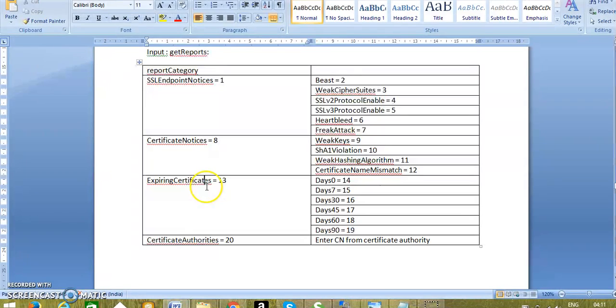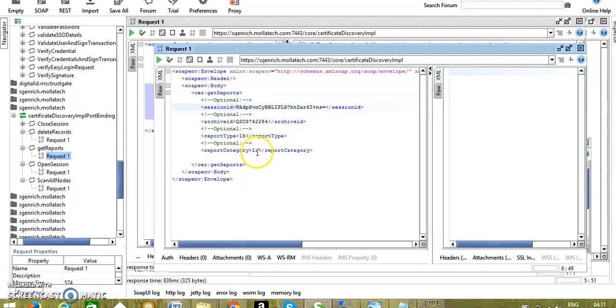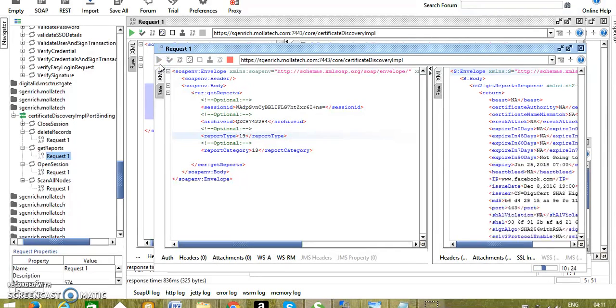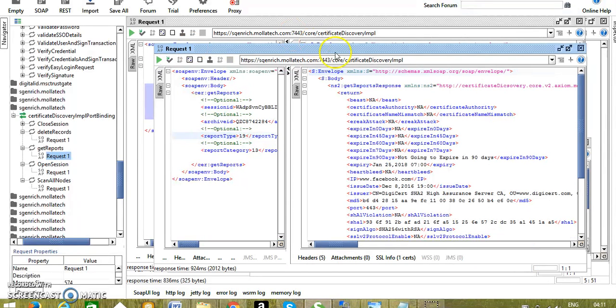Let me search for the expiry date, where the base type is 13, and the other type for 90 days is 19. So I can pass it here. Base type is 13, I have already put, and for 90 days it is 19. If I search for this, it will give me the details of that Facebook certificate like this, and it will show me that it is not going to